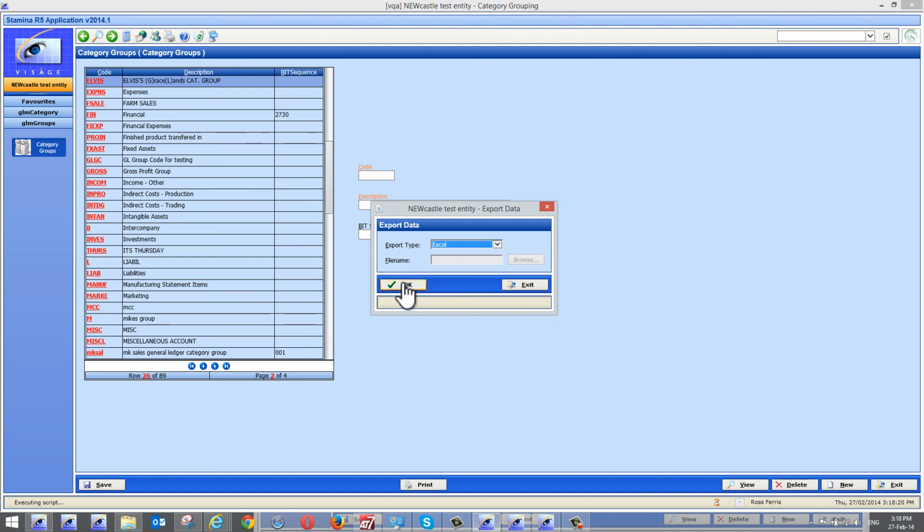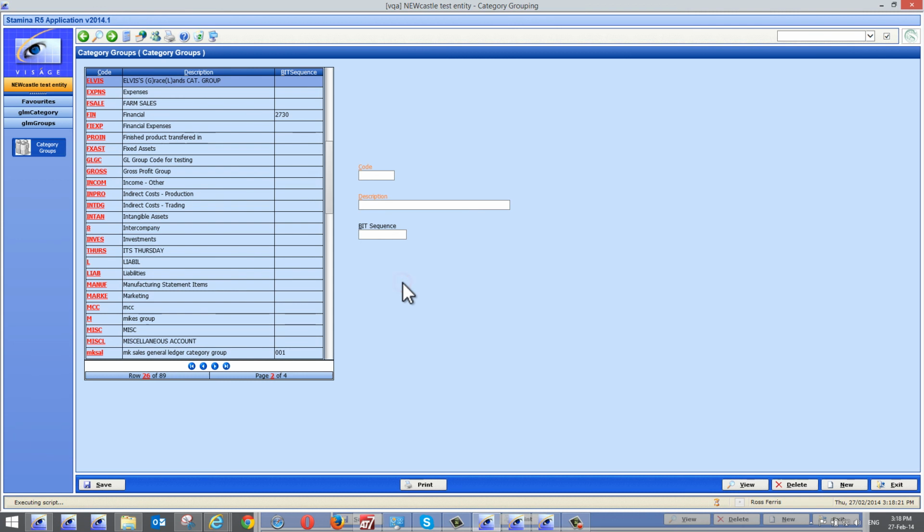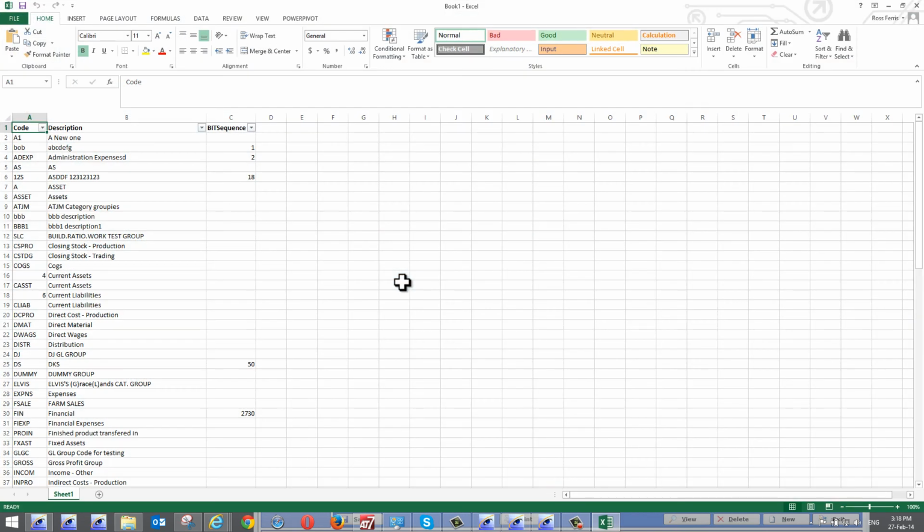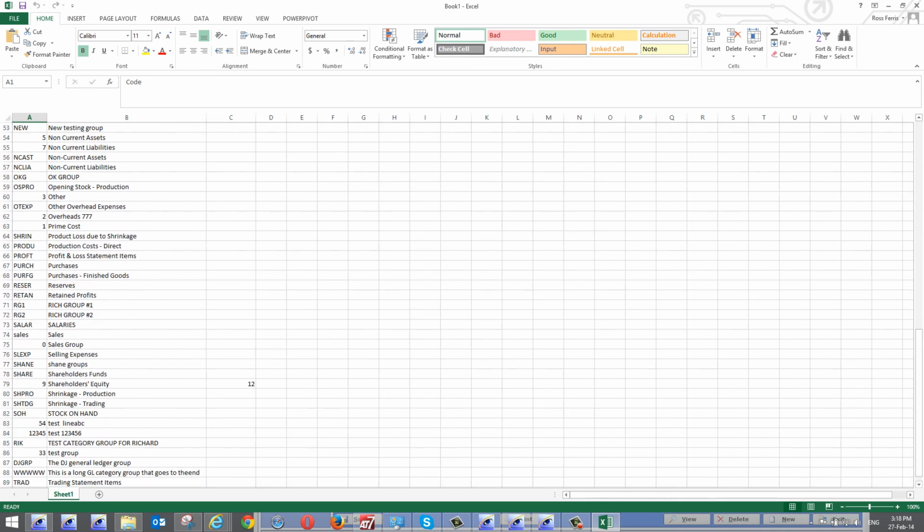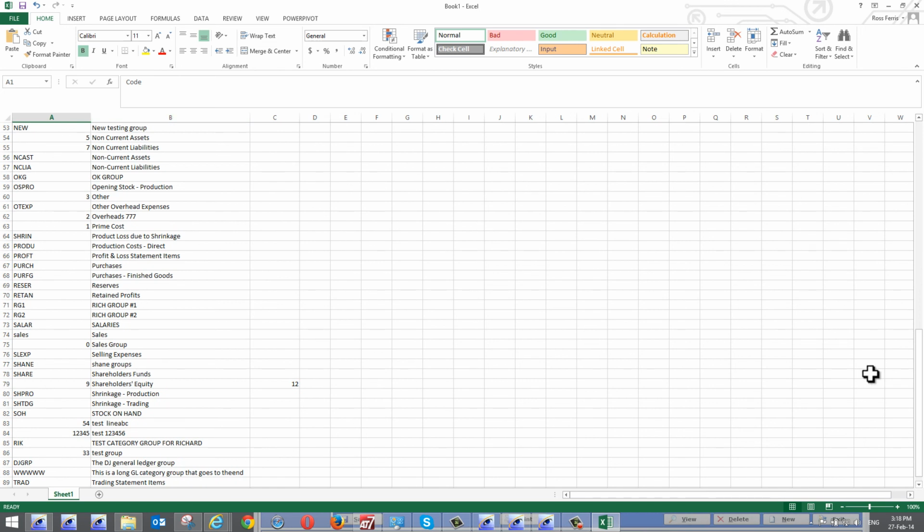So simply nominate Excel as your target, click OK, and my hard disk is rattling at the moment. It's firing up Excel, which is there, and as easily as that, that table of information has been exported out to Excel for me. Not necessarily exciting there, where we're talking about somewhat meaningless information,